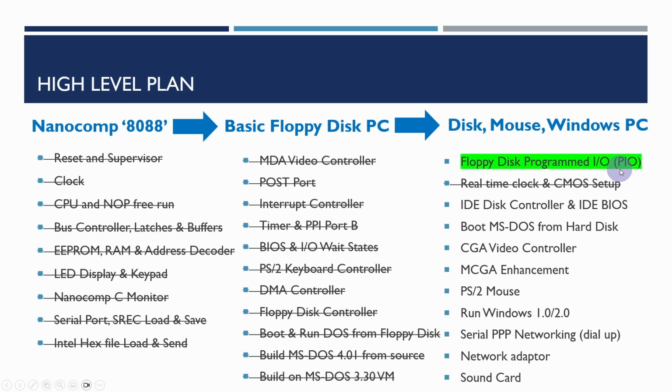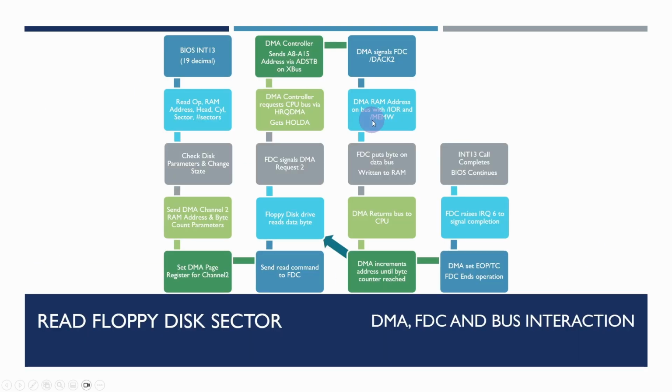This basically means using the CPU to poll the floppy disk rather than using the DMA controller, the direct memory access controller. These are all the steps involved in the DMA hardware reading data from the floppy disk, and I covered this in the previous video, so I'm not going to go into it in detail. But the main thing here is that a lot of the time the CPU just waits for an interrupt. Although DMA theoretically frees up the CPU to do other stuff, in fact on the original IBM PC, certainly under DOS, it was basically just spinning in a loop waiting for the interrupt to occur